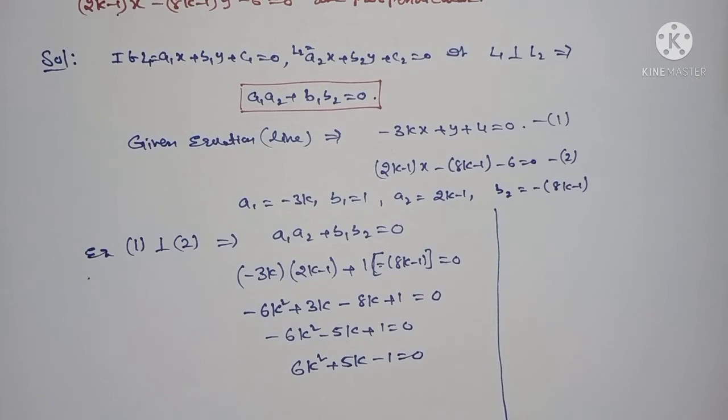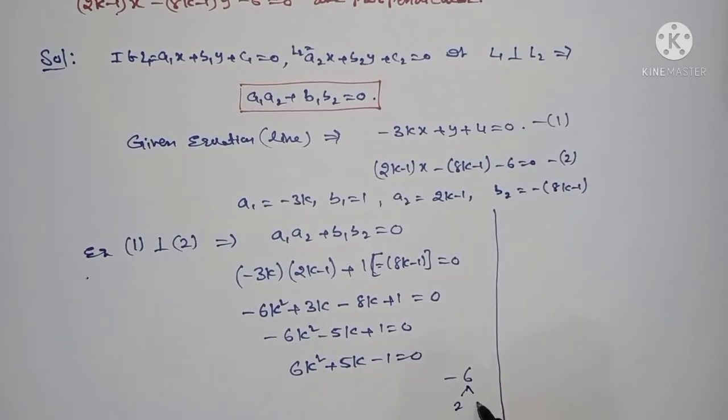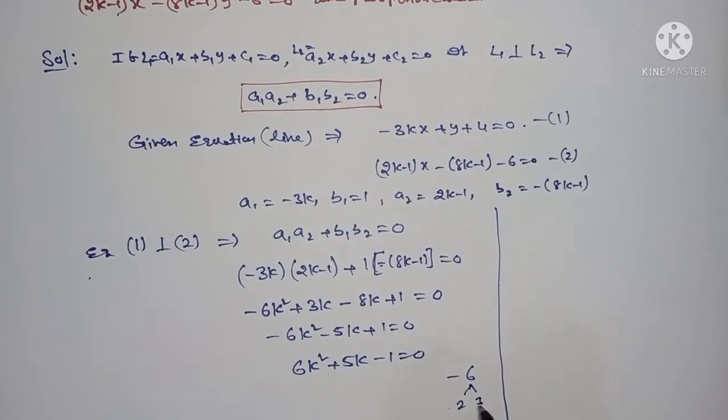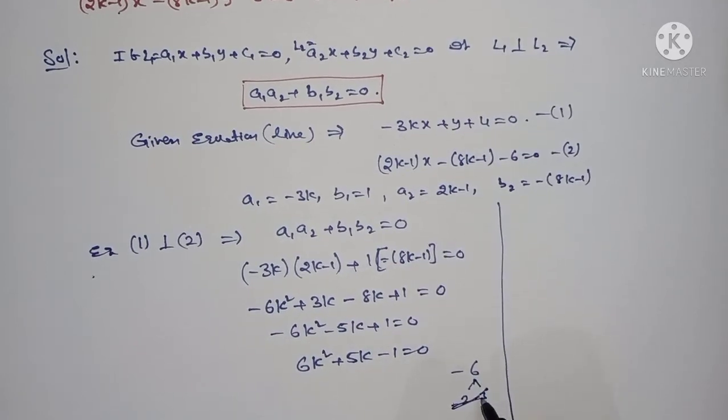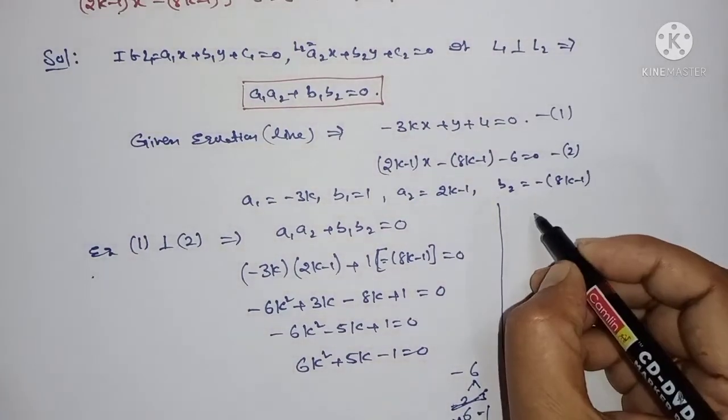In 10th class we studied the factorization method, which you can use here. This is minus 6. Factors I can write as 2 into 3, or you can add 2 plus 3 to get 5, but here minus means you get the plus only, so minus 6 is not coming. Therefore I can write here 6 comma 1, this is plus 6, this is minus 1, therefore you get plus 5.